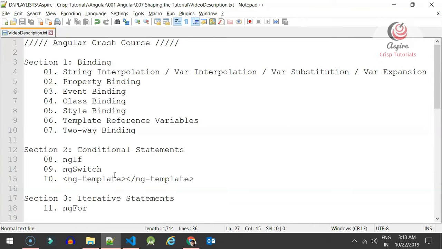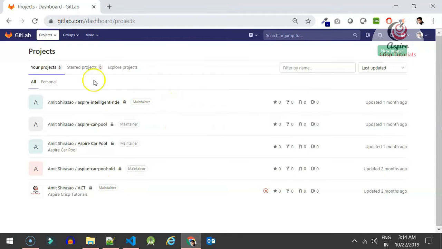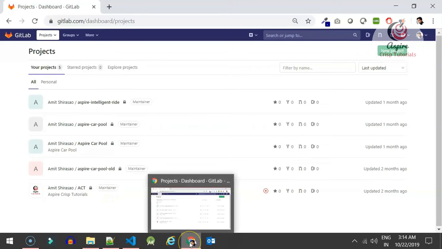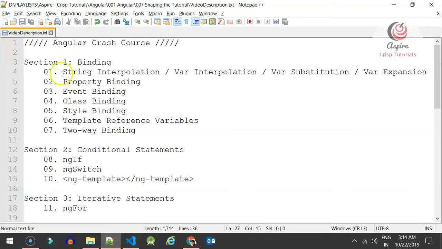And now, how will you use this particular tutorial? So I want all these examples readily available to you. You should be able to download them and you should be able to run them on your system. So for that, I'm going to create some project over here on my GitLab. And let us say the project name will be Angular Crash Course, and it will have various branches. Now for each and every topic that I'm going to cover, there should be a branch. So just download that particular branch and you should be able to get all the source code that is necessary